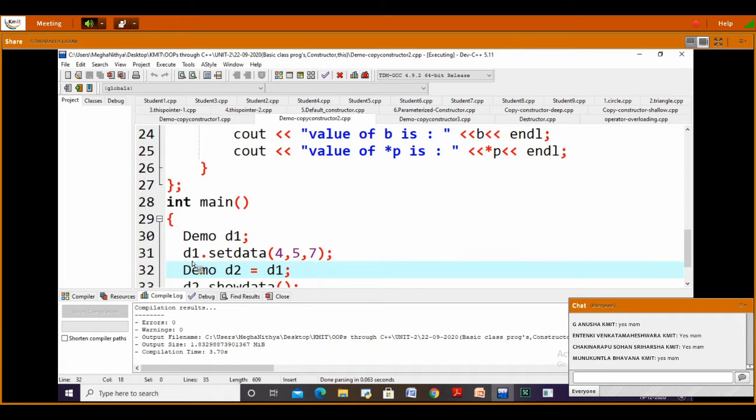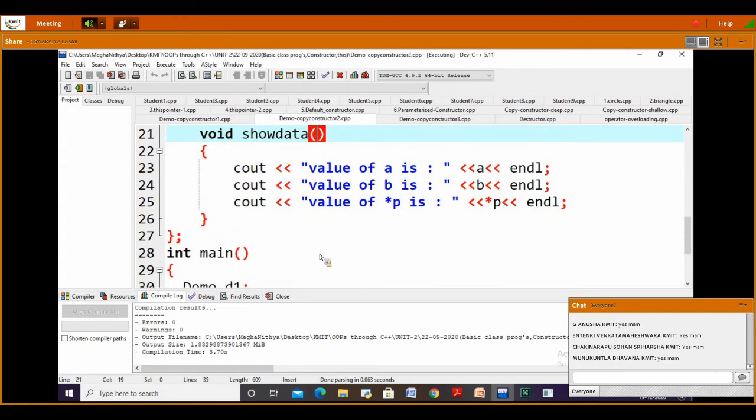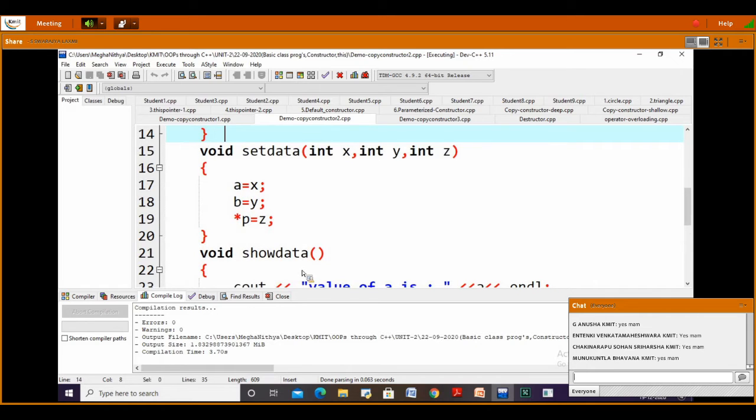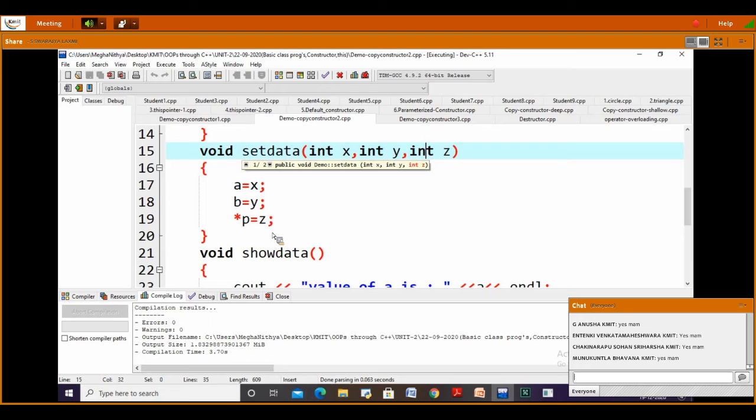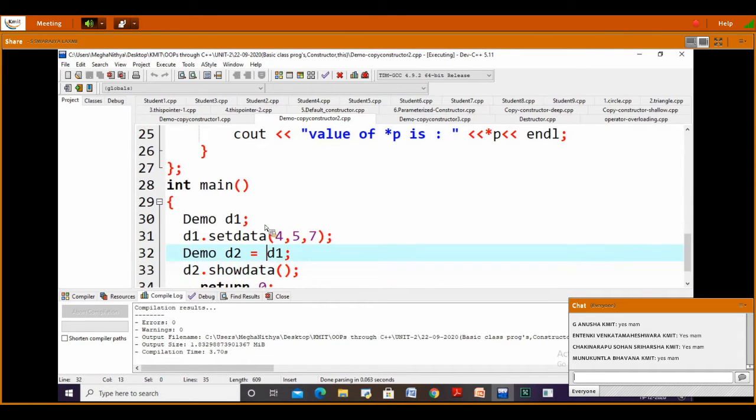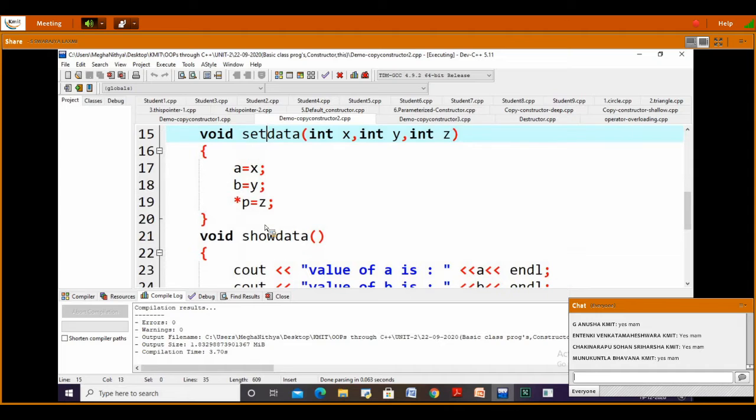Then when I say d1.set data, what happens here? 4, 5, 7 will be assigned to X, Y, and Z. So what is there in Z? We are having 7 here.